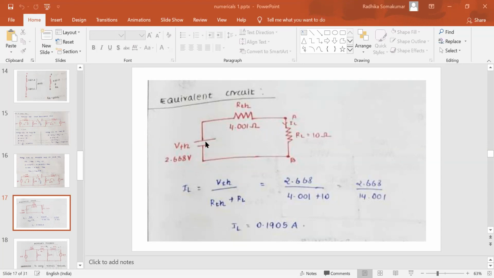So the main thing is you should not forget to draw the equivalent circuit. This is very important. You should represent the whole circuit with the help of an equivalent circuit, and then find out the current flowing through your load resistance. So next we shall